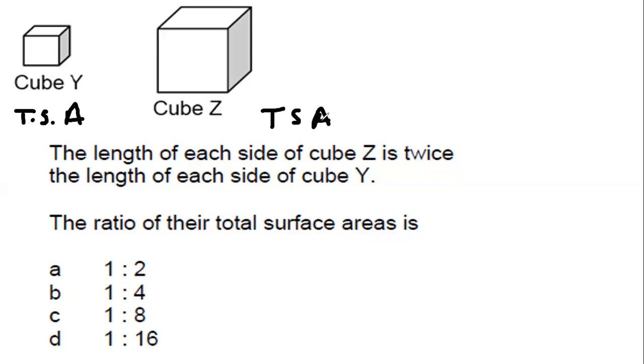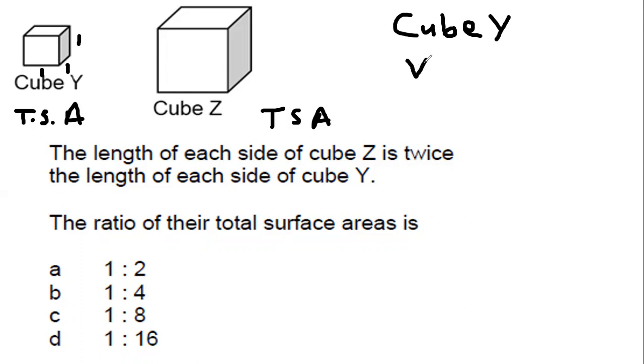And what you're going to have to do now is to input some values. So we know that in a cube all sides are equal. Let me just draw. I'm just going to use 1, because it's pretty simple. So cube Y, we have 1 there, 1 and 1. I hope you guys can see that. So the length is 1, the width is 1, and the height is 1. So for cube Y,